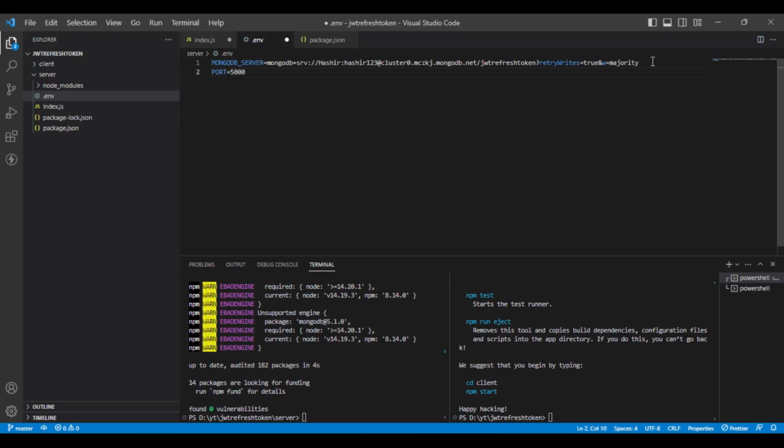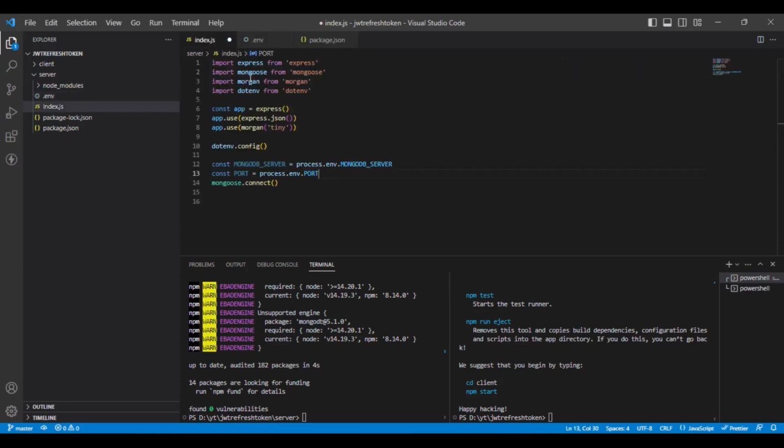Port will be 5000, and we'll write here as well, and here MongoDB server, and it will return us a promise,